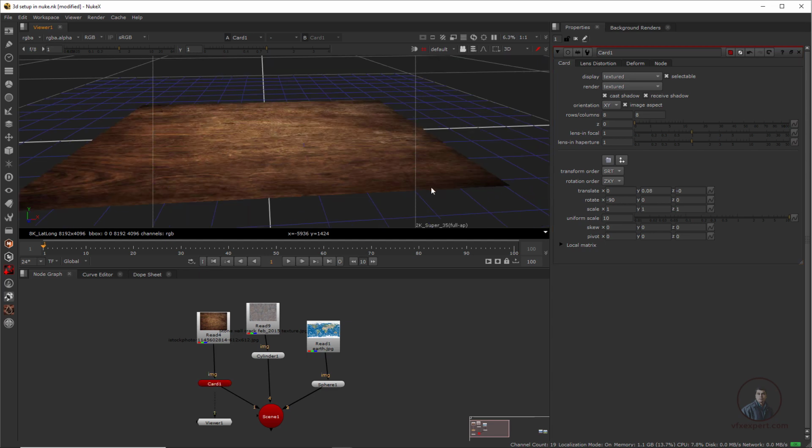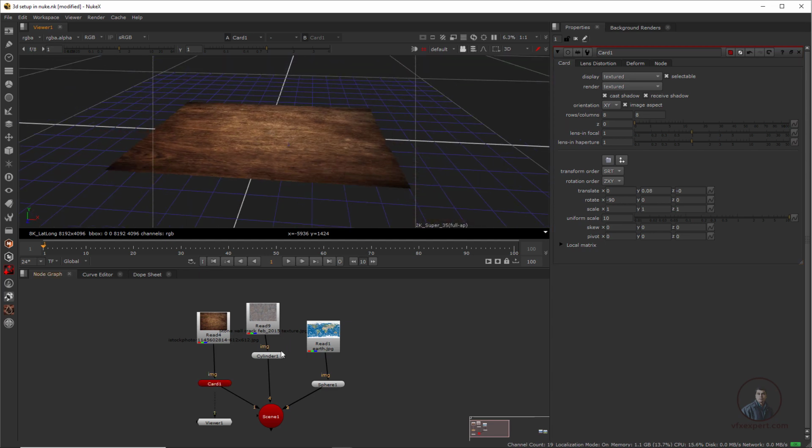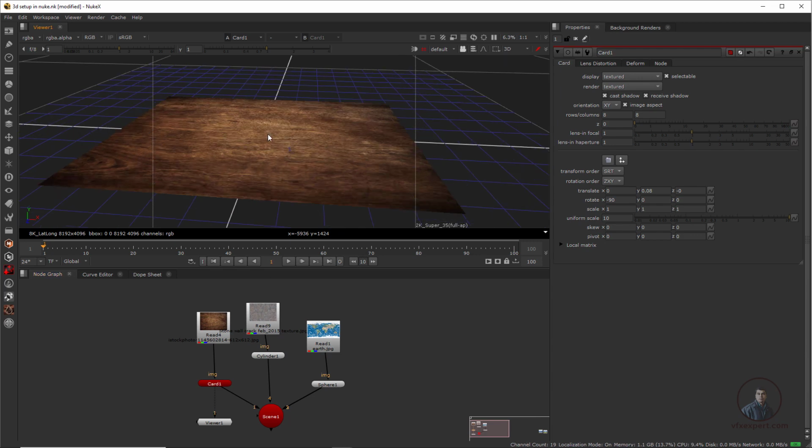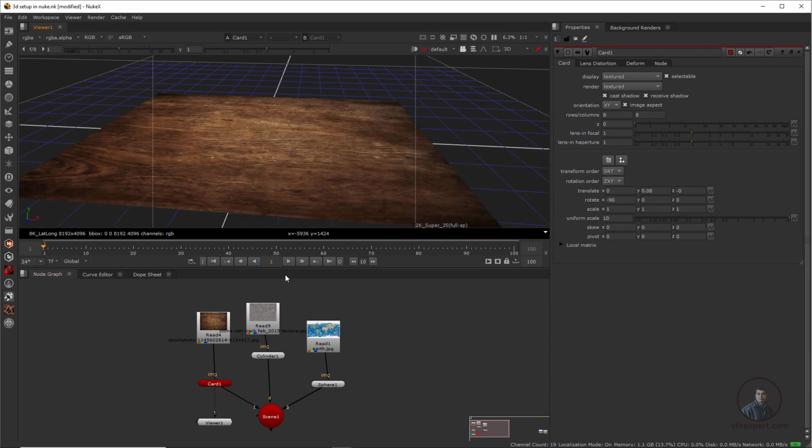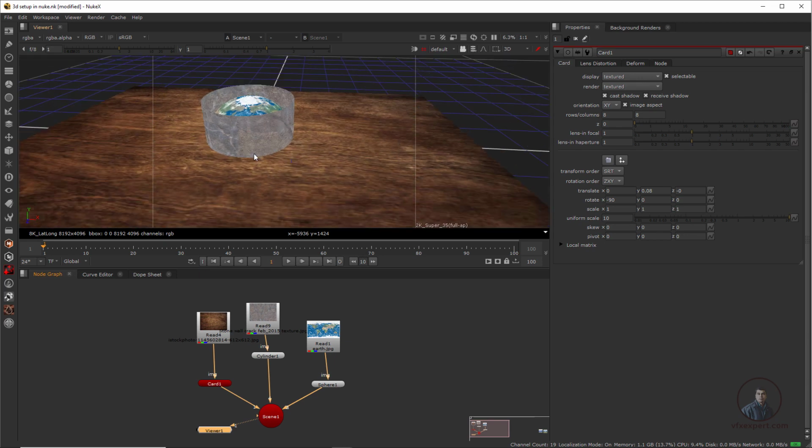So now you can see here. Then after that, I am going to place this cylinder on top of this ground, or you can say on the plane. So again, let's view over this scene so we can see all our geometry here. So just view this one. So now you can see, there is our cylinder.